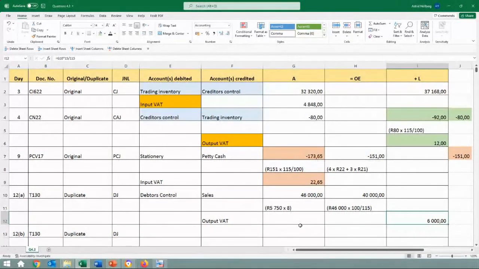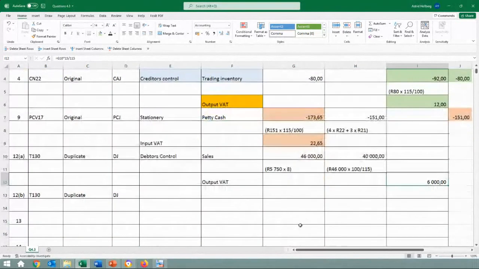Okay, so I'm just going to discuss removing the inventory, and then we are going to call it a day for today. Okay, so let's quickly see. We have debit the cost of sales. We are going to credit the trading inventory with that amount. And then